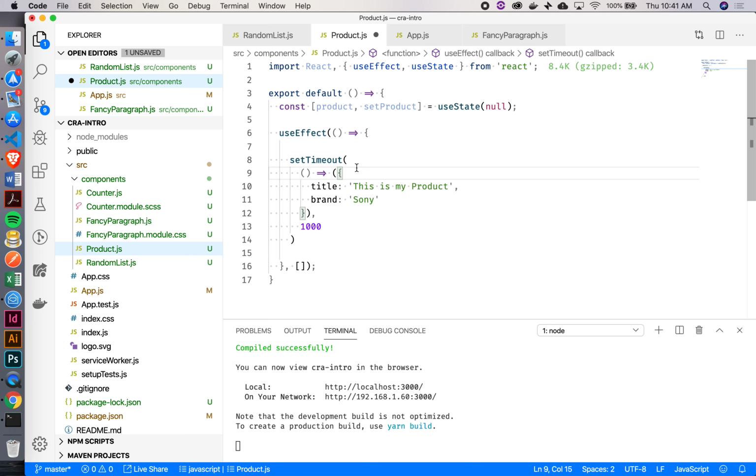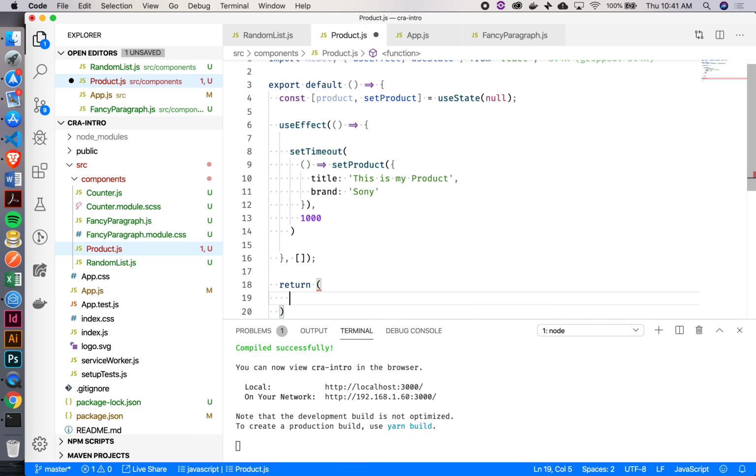So if I'm returning this out, is that quite what I want to do though? Or do I want to actually invoke setProduct? I want to invoke setProduct so I can update what product is. So I'm going to say setProduct over here. Okay. And now I should be good to go. Now I can get to the return part where we're actually specifying what we want our component to look like. So I can say return